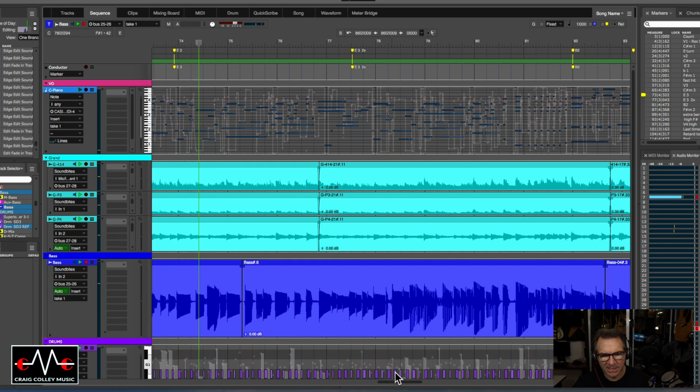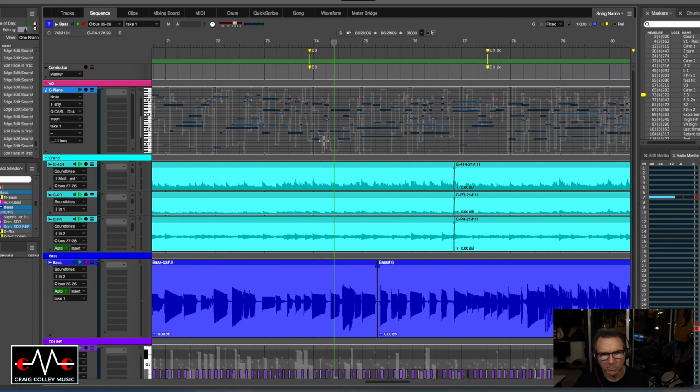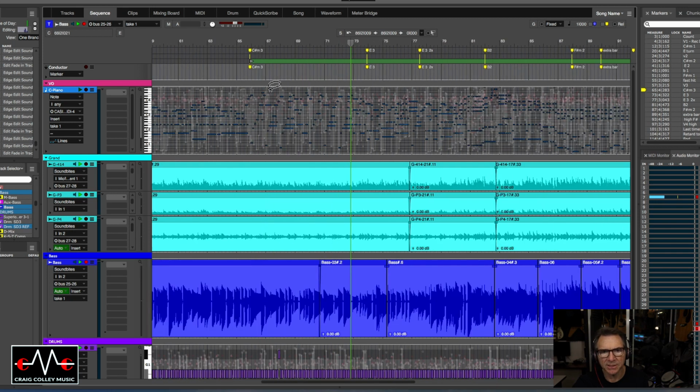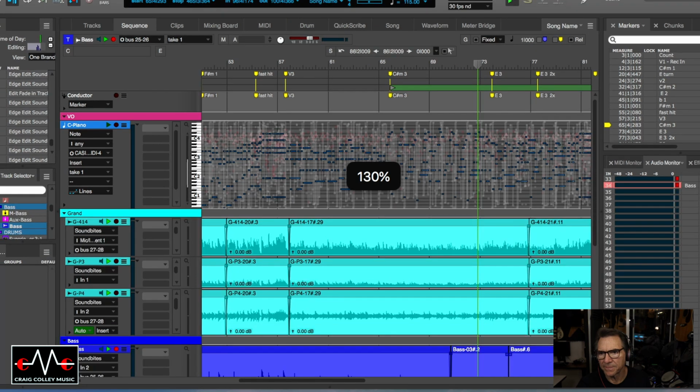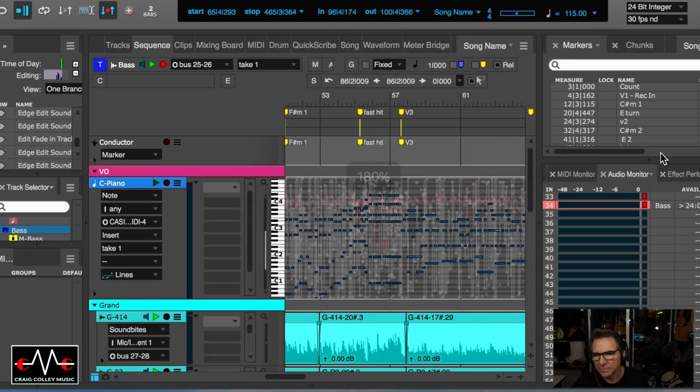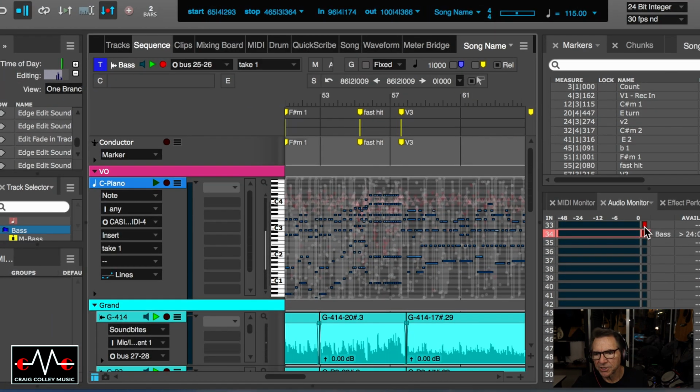Now, I mentioned in the last video that little part there, that bloop, bloop, bloop, bloop. I may keep that, I may not, but what I wanted to show you, since I'm on this subject here, is these markers over in this section here. I'm going to zoom into that and make that a little bigger if I can. This marker section here